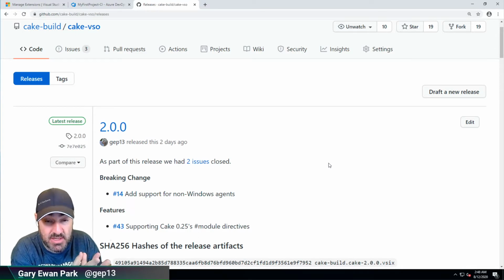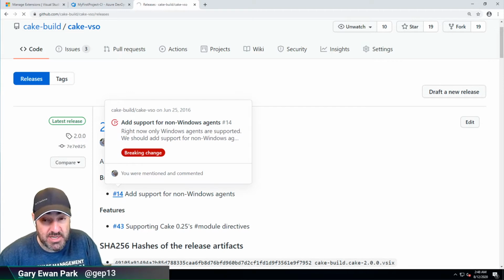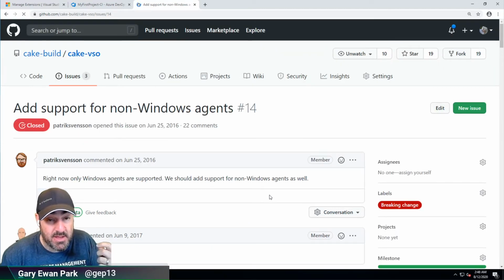and as a result, it would only run on a Windows build agent. Now, in this release, thanks to a community contribution from Lewis Fisher, we have now added in support for non-Windows agents, and that has been accomplished by, rather than using a PowerShell execution, we are now using a node execution on the build agents, meaning that it will run on all the platforms that Azure DevOps have